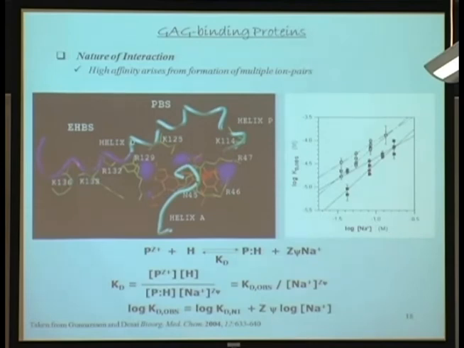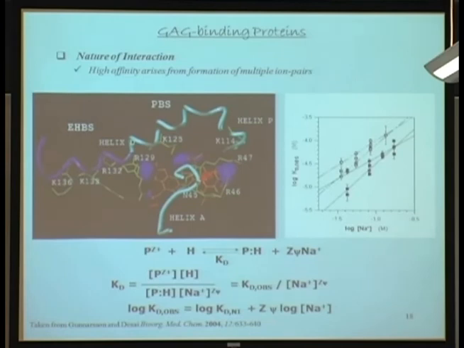And we can calculate the slope. The slope of this line corresponds to Z times psi. Psi is a parameter that relates to how much sodium is lost upon binding, but Z is the number of ion pairs that are actually formed. So you can find how many ion pairs